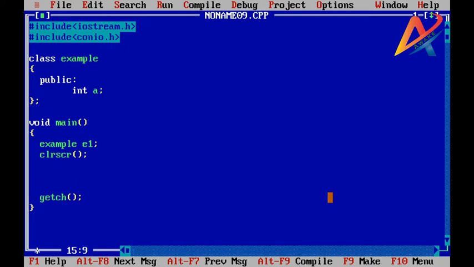Now we wish the value of a will be given by the user. For that, first of all we are giving a message, enter value, cin e1.a.